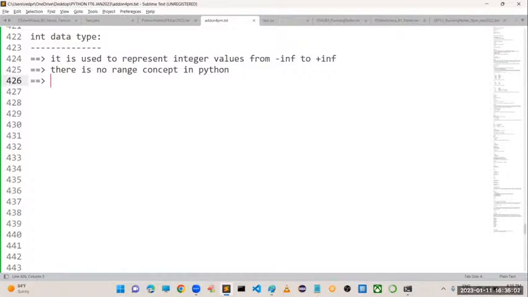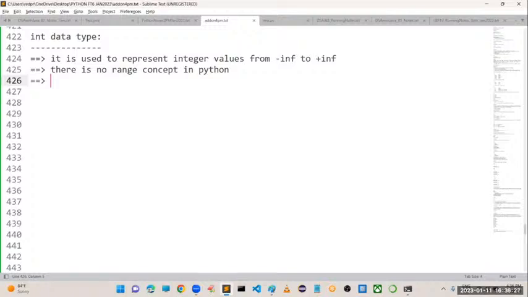Because in other programming languages, if you take an integer, it only takes values within a fixed range. I think in C language, it is minus 32,768 to plus 32,767. So in such cases, the language is not providing any flexibility for the programmer.